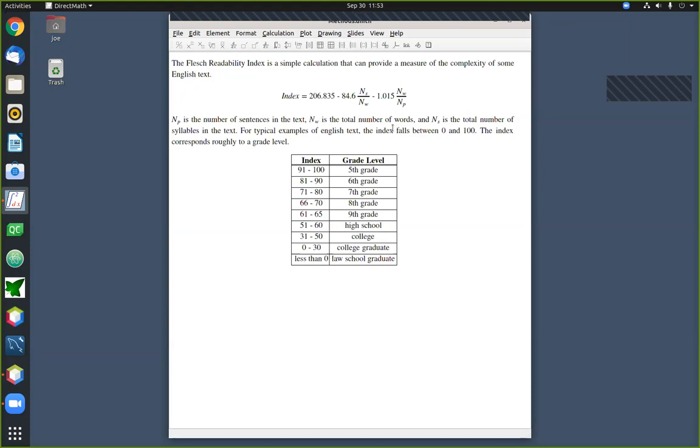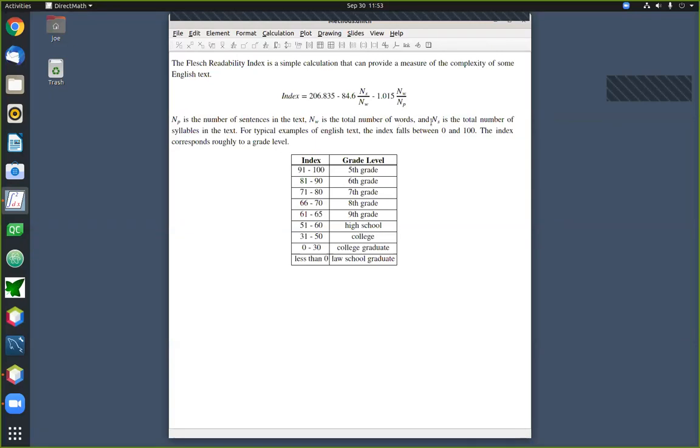Also, if you combine that with the number of sentences, another thing you get is the average number of words per sentence. That's another measure of how complex text is, because in easy to read text, you have very few words per sentence, but in very complex text, you have lots of words per sentence. All right, so one of the factors that appears in the scale here is this ratio. It's the total number of words divided by the total number of sentences. That's a measure of the average number of words per sentence, and that clearly reflects how complex the text is.